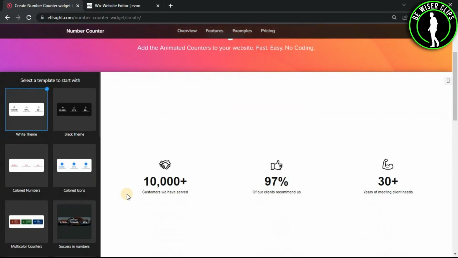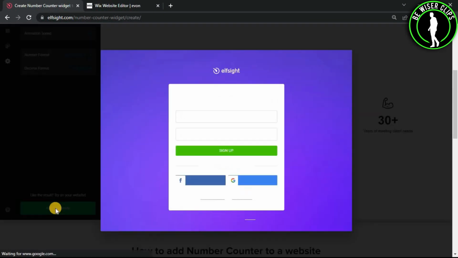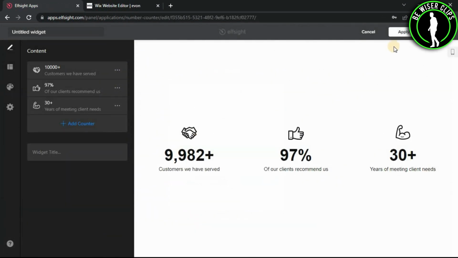After this you can see there are a bunch of templates. Choose whichever you like, and after that, click on continue with this template. And now you just have to sign up to your Elfsight account. And now guys, you just have to click on this save button,